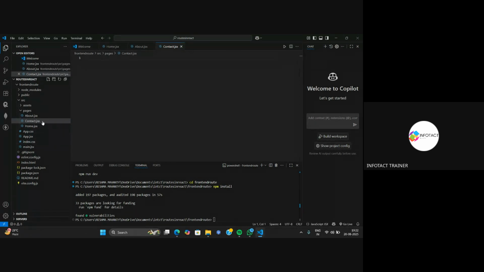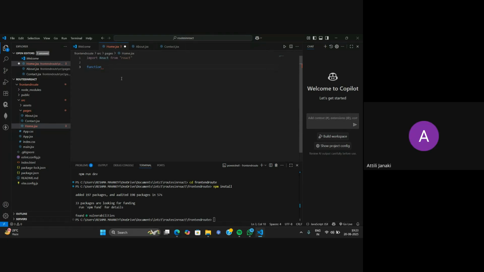I will go to my home.jsx. Here I will write the same thing, that is import React from React. All right. And tell me, what do I have to do then? Create a function. Yeah, I will create a function. And the name of the function is going to be home, right? Because I am presently inside the home.jsx. Inside the home, I will return